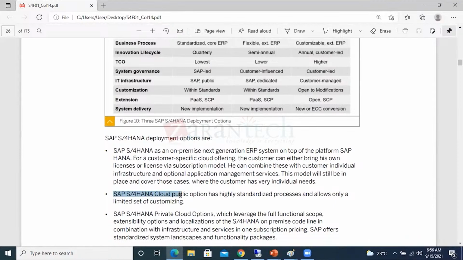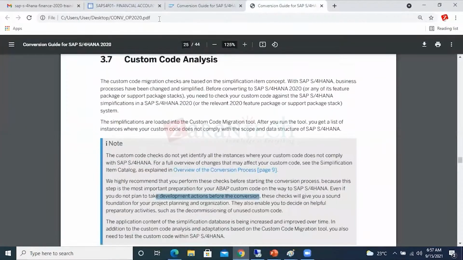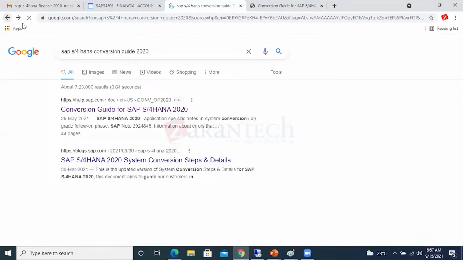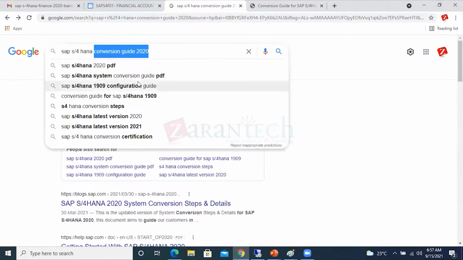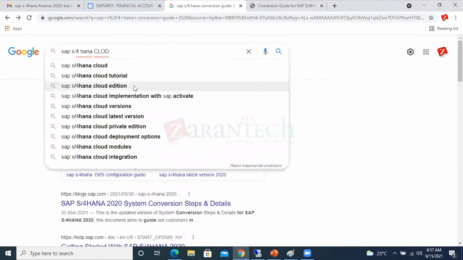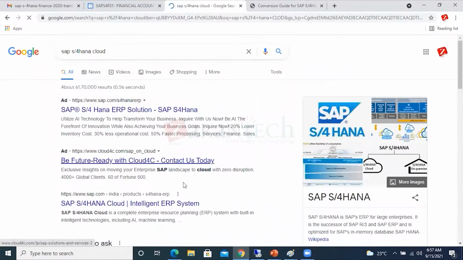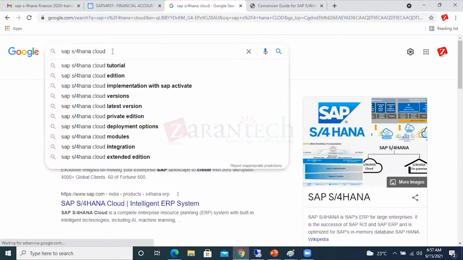It's completely app based. As I told you in the last class, I told you an important thing. I will download this one and give it to you, not a worry. See here, SAP S4 HANA cloud. If I go to the SAP S4 HANA cloud trial,